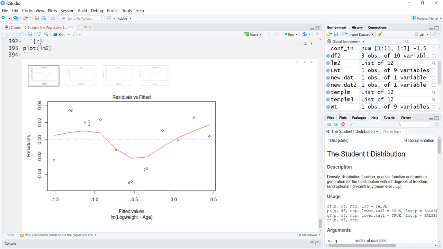Now, each point has a different fitted value because this is a continuous random variable, not a factor like we did in ANOVA. So that's one of the major differences here: we're using regression when we have a continuous variable for x, which is age, not a factor. And by the way, regression and ANOVA are identical. They're just different forms of the same thing. We use ANOVA when we have factor levels. We use regression when our x variable is continuous. So instead of categorical or